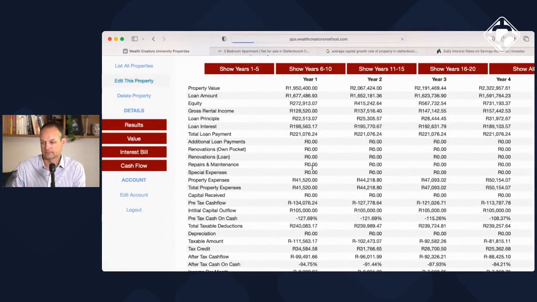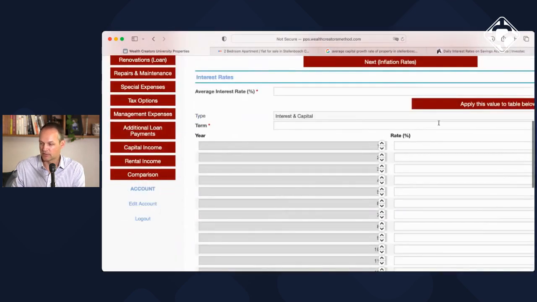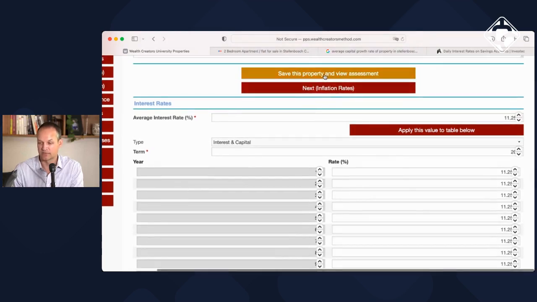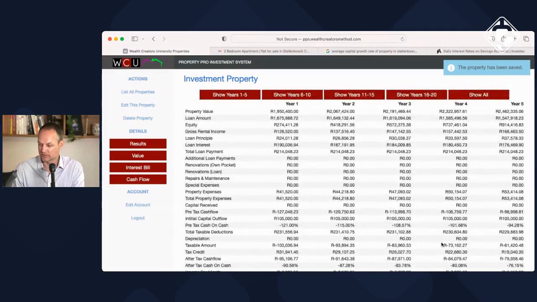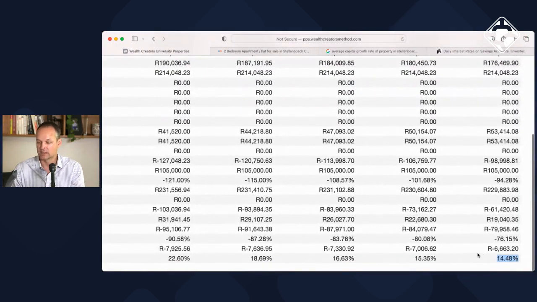But now let's say you negotiate a bit with the bank, and you are able to show the bank that you are a very credit-worthy investor. Apologies, it's jumping around a bit. And instead of 11%, you can get it down to prime minus 0.5. So instead of 11.75, let's go down to 11.25, and let's see what the impact is on your internal rate of return. So remember, we were on 13%, now jumping up to nearly 14.5%.